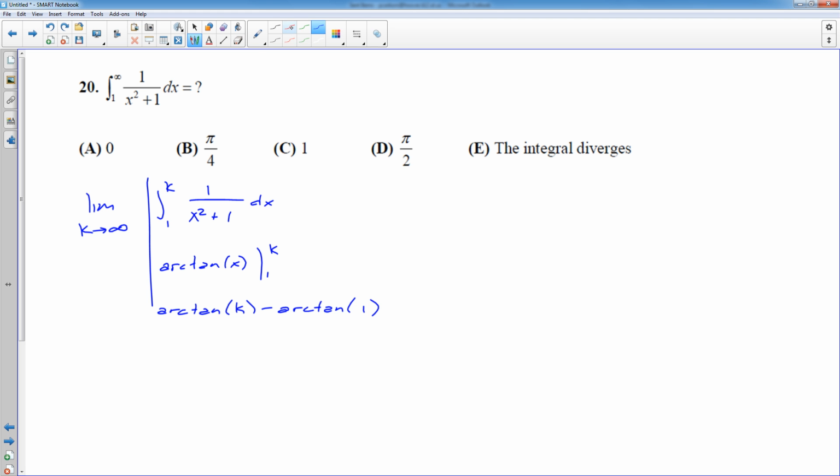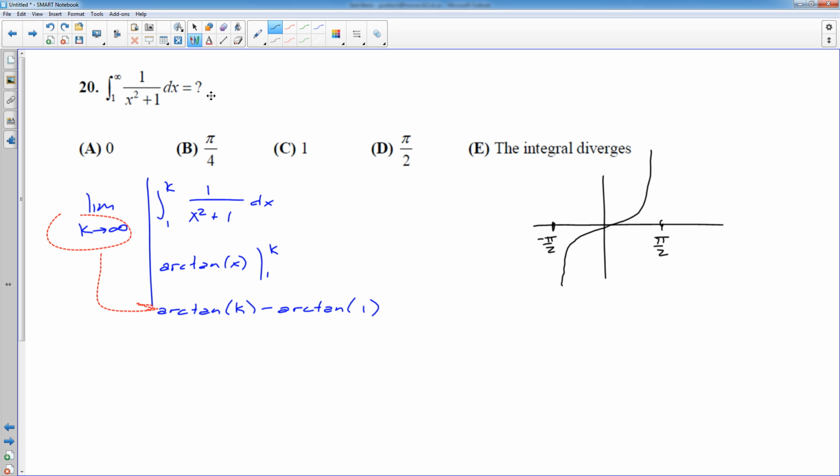And then as you approach infinity, remember we have to do the limit of this thing, infinite limit. I'm going to think about the graph of tangent in order to answer the inverse tangent question. And tangent comes up and does something like this, right, with vertical asymptotes at pi over 2 and negative pi over 2. Do remember that your domain of inverse tangent is always between negative pi over 2 and positive pi over 2. And if I have the arctangent of infinity